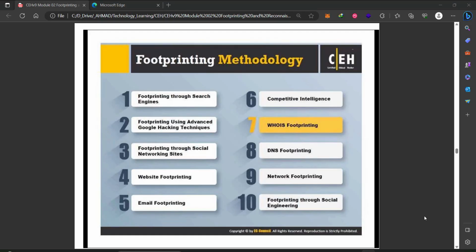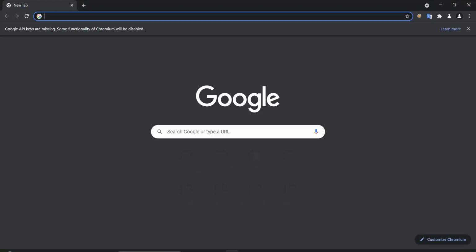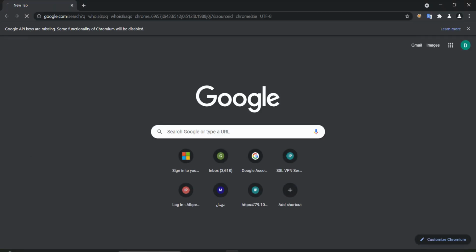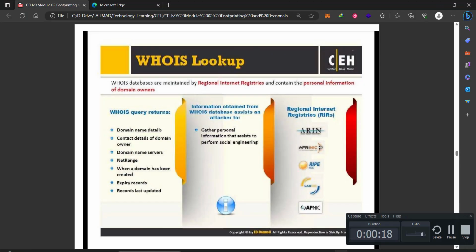Hello guys and welcome. So in this session we will be proceeding with reconnaissance and footprinting, and we will talk about WHOIS. Basically, WHOIS is a database that is maintained by regional internet registries and contains all the personal information of the domain owner. So basically when you want to register a domain, let's say